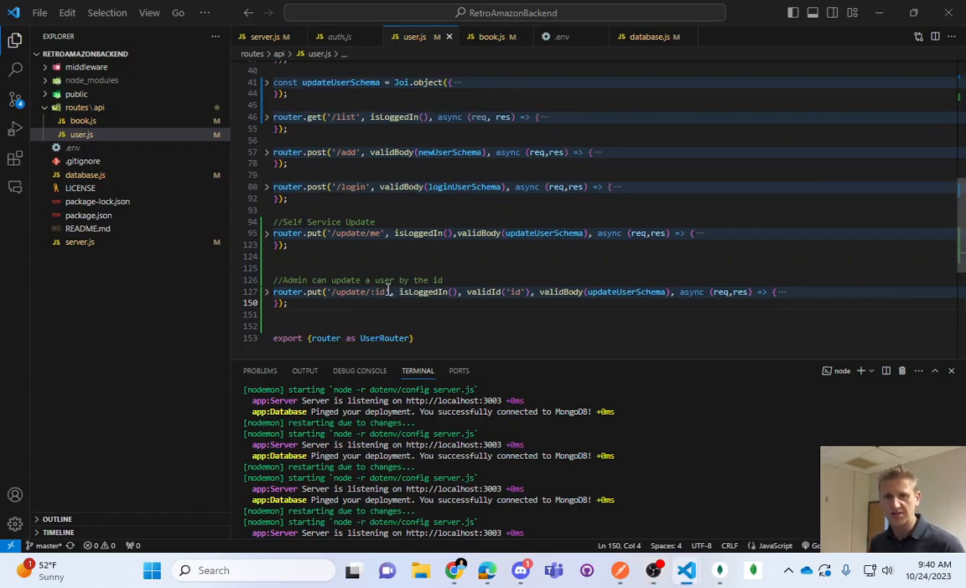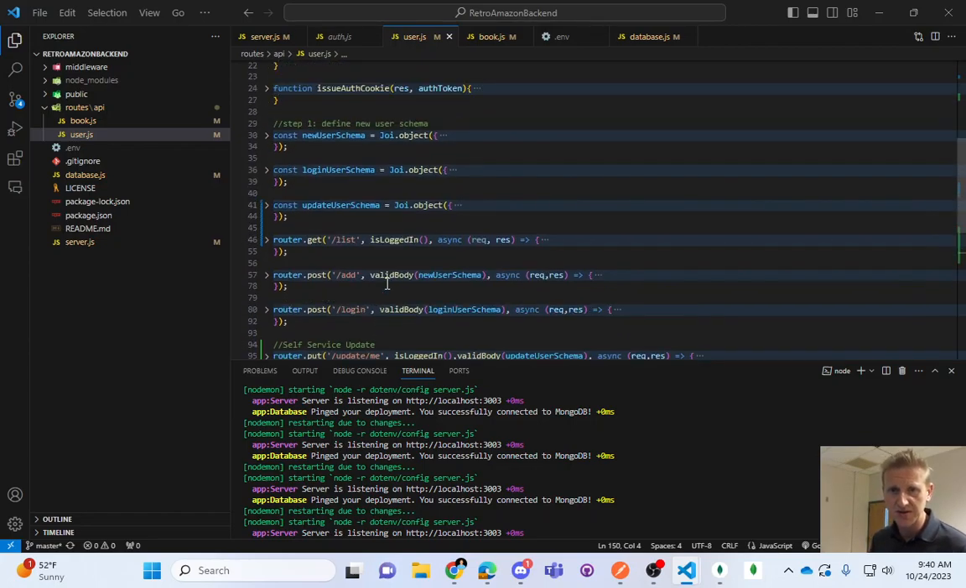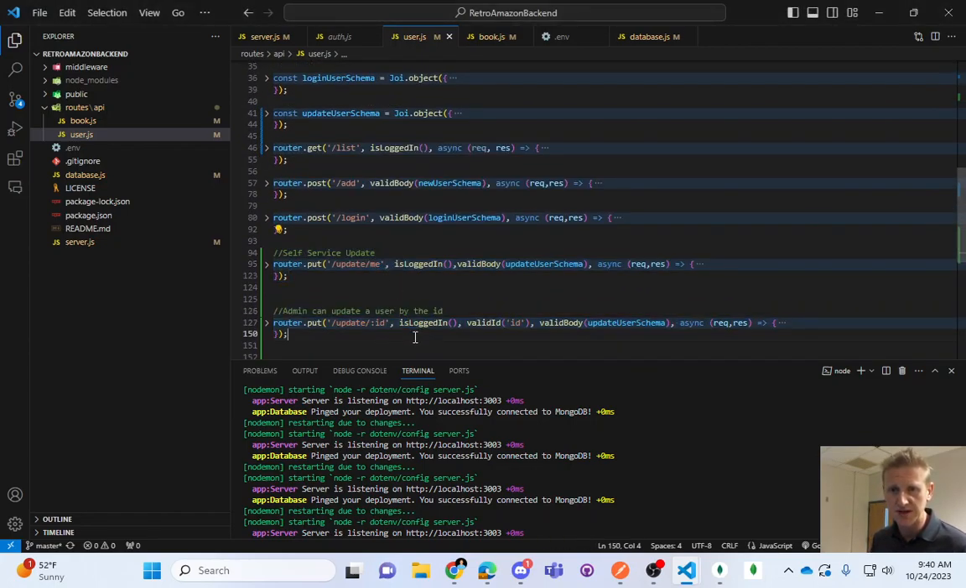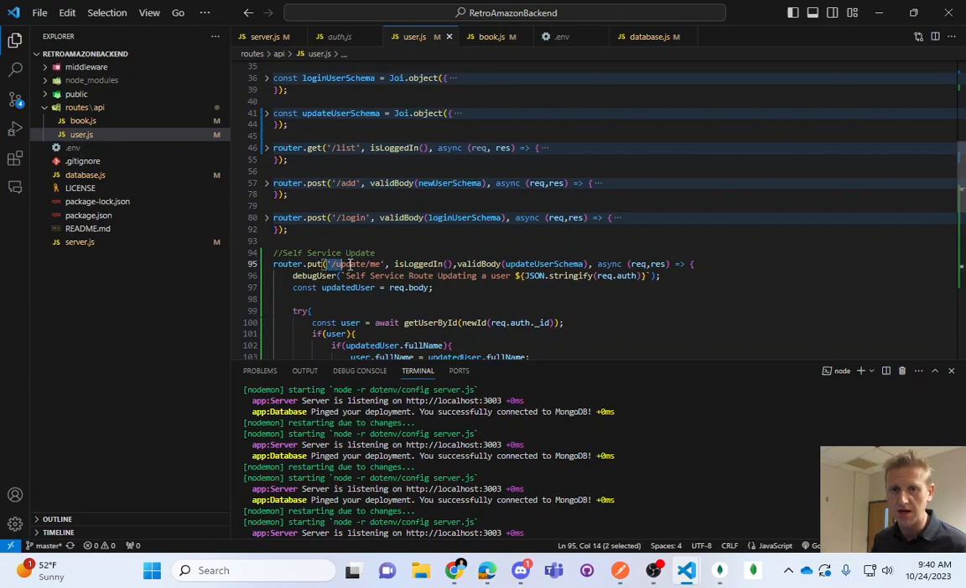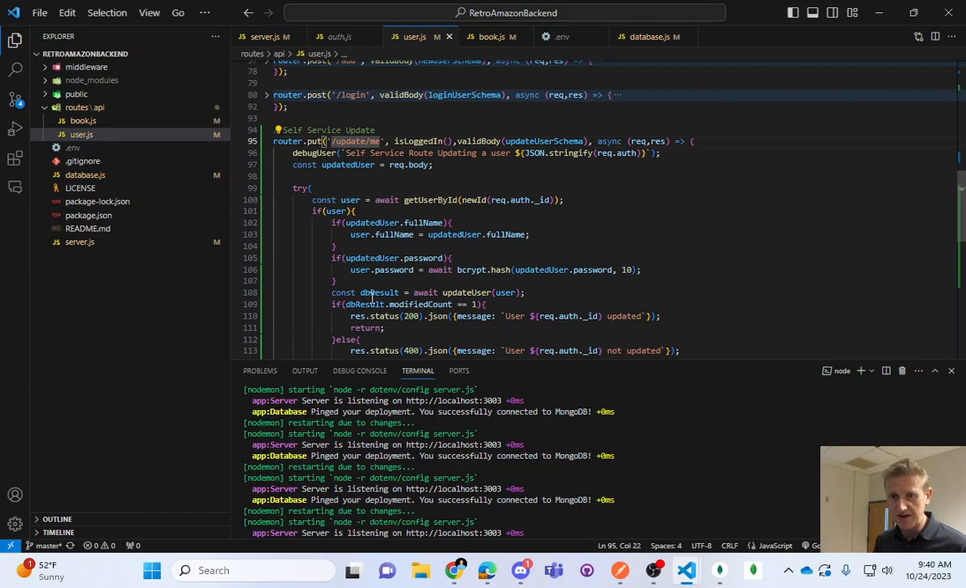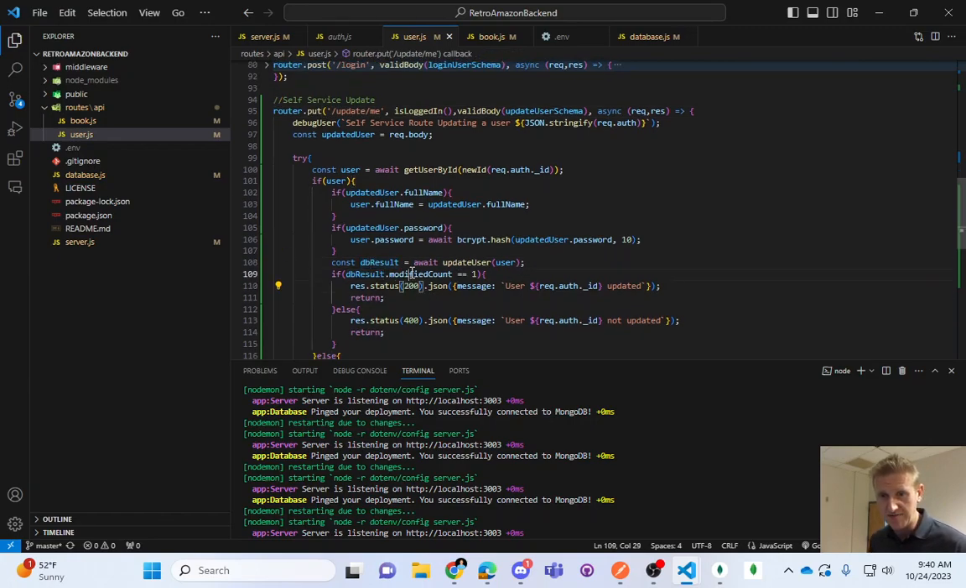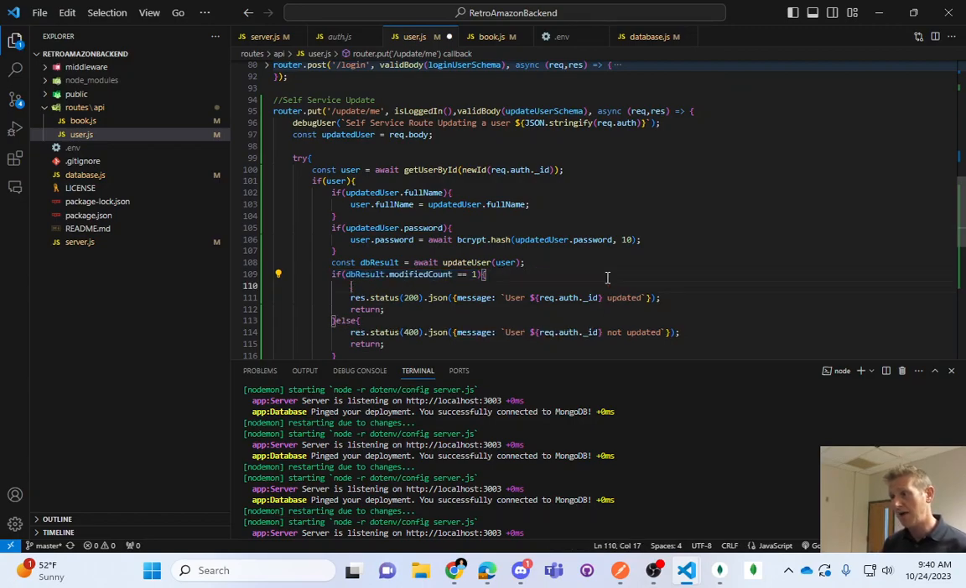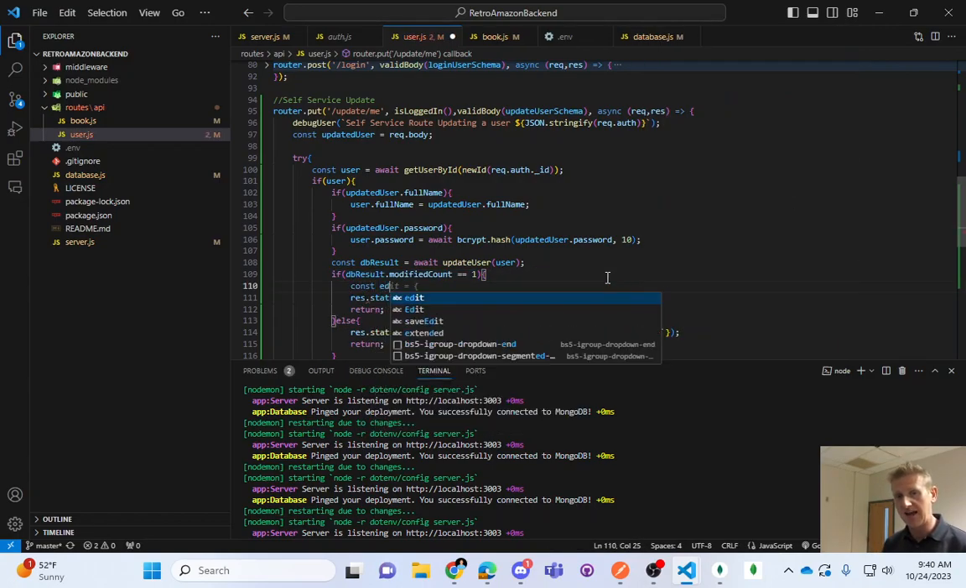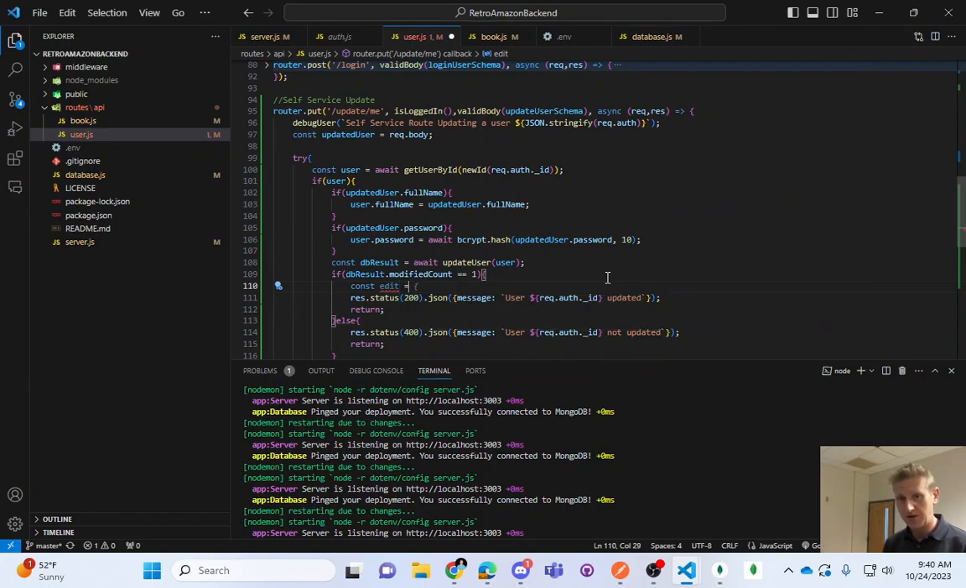Okay, so this is on, which one do we want to do first, right? So this is our updating user. So we have two ways to update our user. Let's just do the me route. And so kind of down here, once we have a modified count, okay, we'll go ahead and make const edit equals